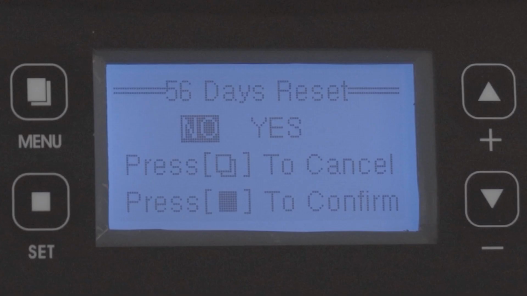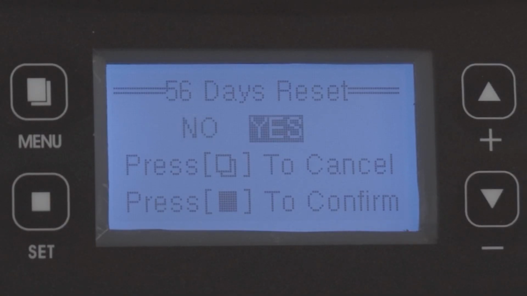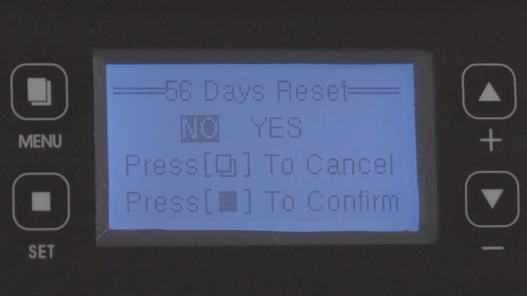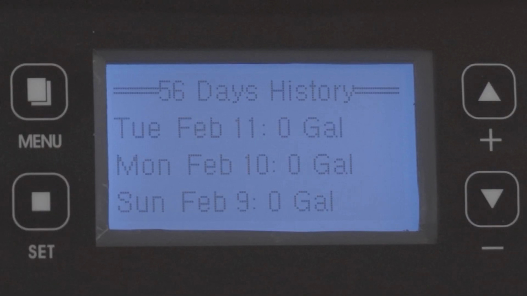If you wish to reset the 56 days of history starting today, you'll press the arrow up or down button to highlight the word Yes, followed by the Set button to lock it in. But for this case, we'll leave it on No and then press the Set button to confirm to show you